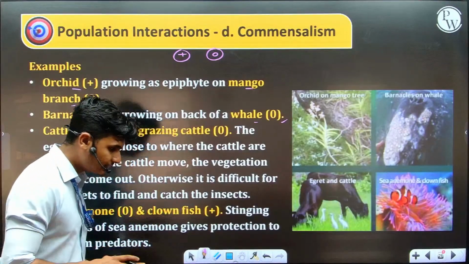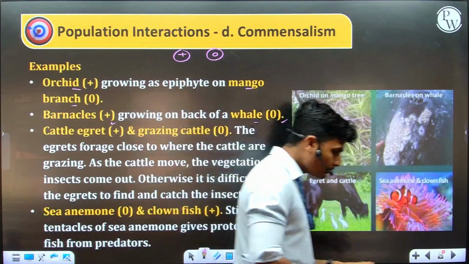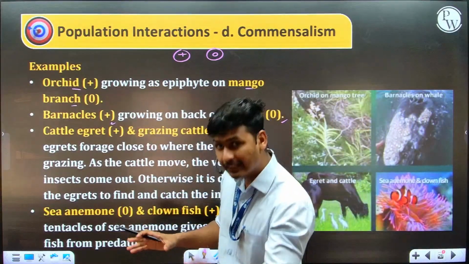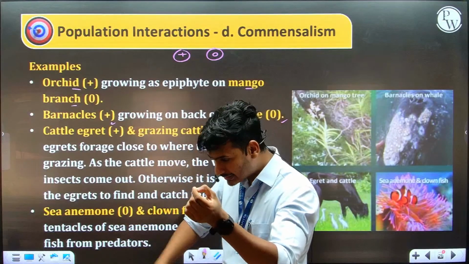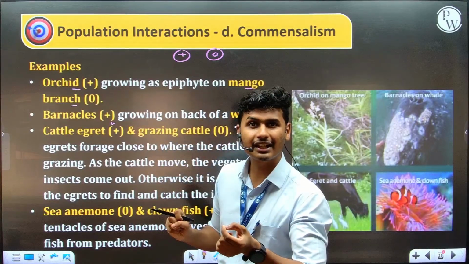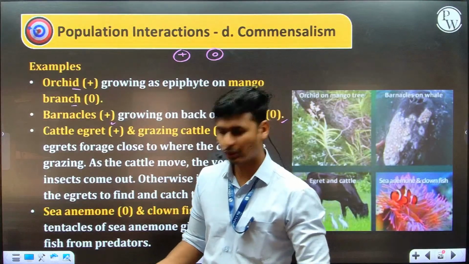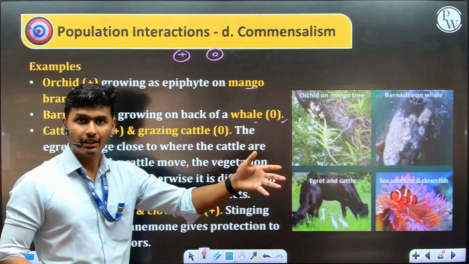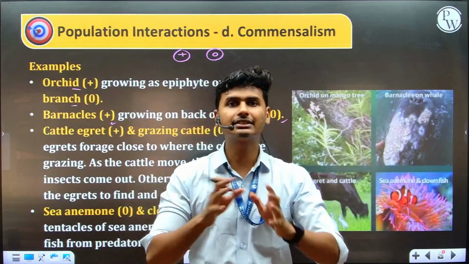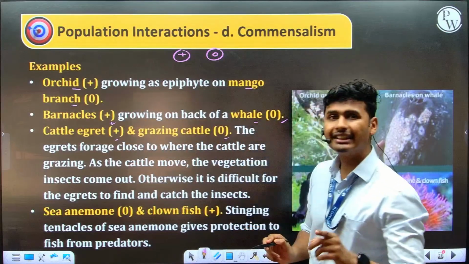Now, the cattle start walking in between the grass. Due to that walking, there is a movement in the grasses, and due to that movement, the grasshoppers come out from the grass. After they come out, the cattle egret easily catches the grasshoppers. So in that interaction, the cattle get nothing because they are just walking their way, but the cattle egret gets a benefit in the form of grasshoppers. This type of interaction, cattle egret positive, grazing cattle neutral, is named as